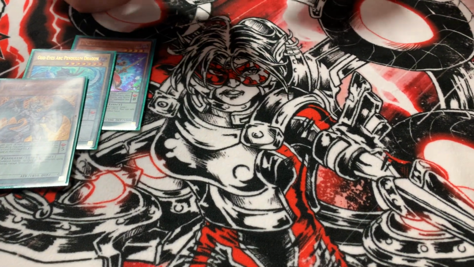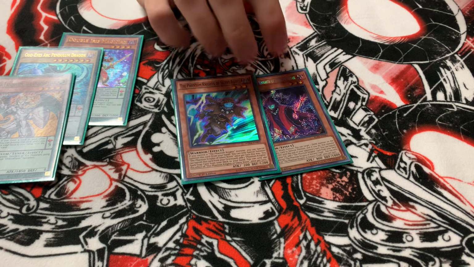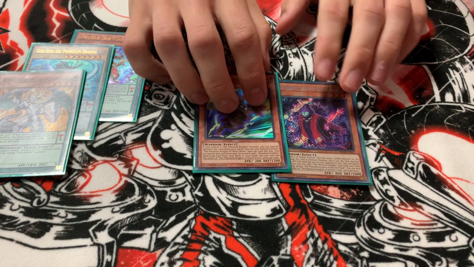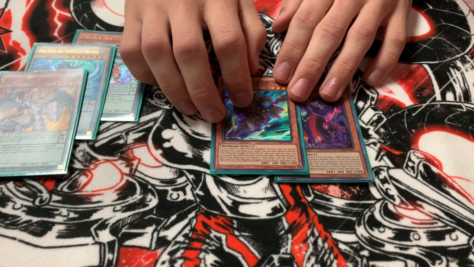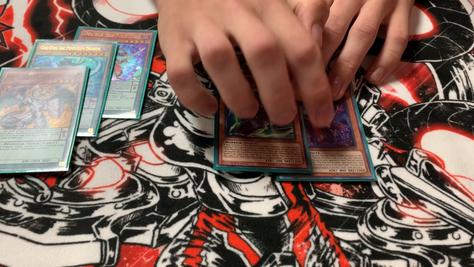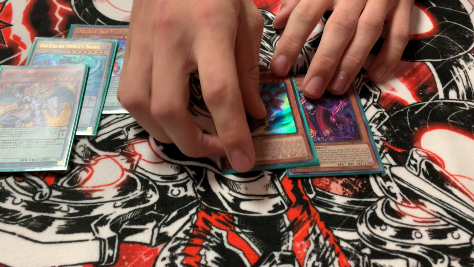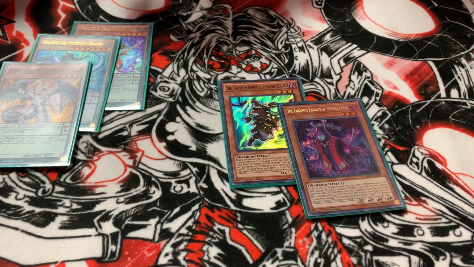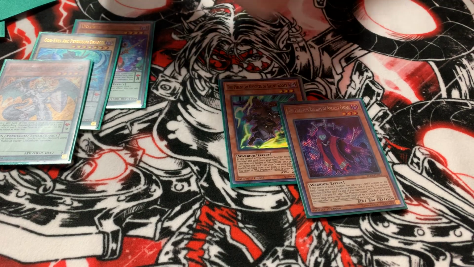Then we have the Phantom Knights engine. The way the Phantom Knight engine works, in my opinion, how you should play it, is for every monster you should have an extra trap. So if you have 1 of these, play 2 Fogblade. If you have 2 of these, you play 2 Fogblade,